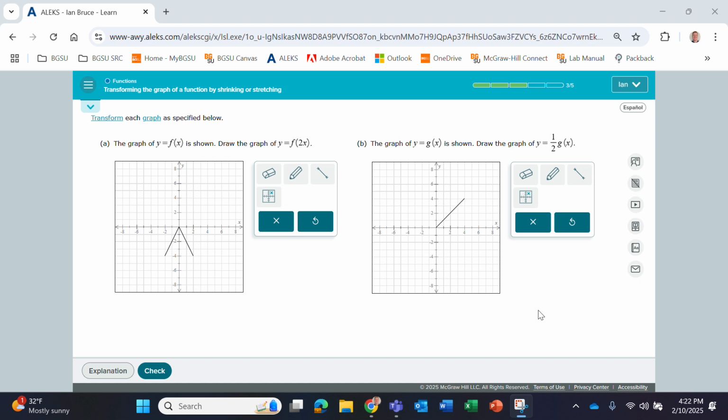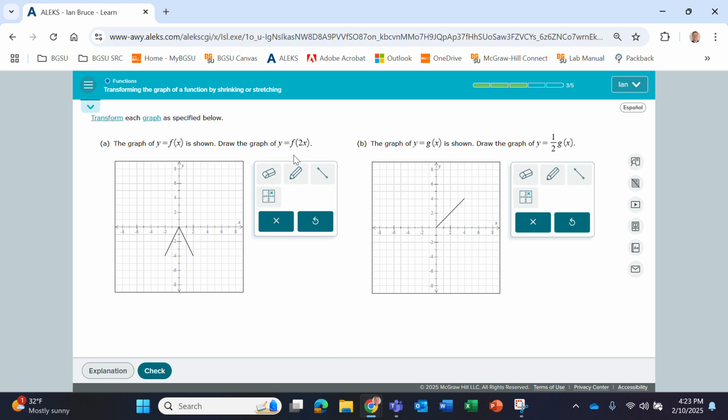Wanted to go over this topic, which is transforming the graph of a function by shrinking or stretching. It can be a little confusing when trying to determine what to do to the graph with these equations. So looking at the transformations, if we look at A, which is y equals f(2x),